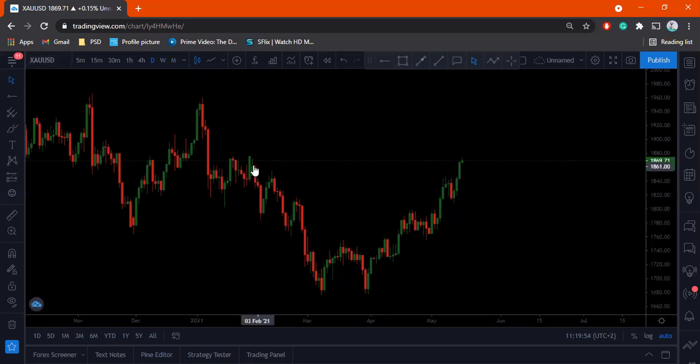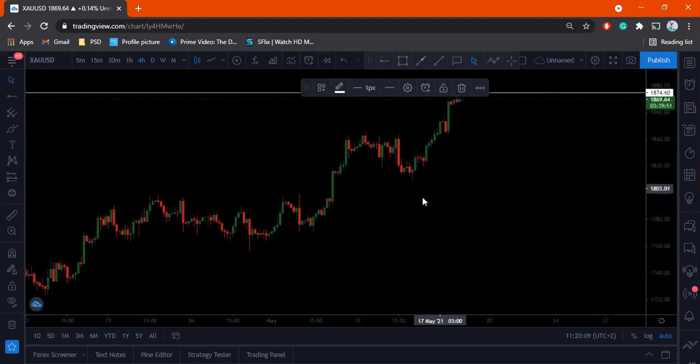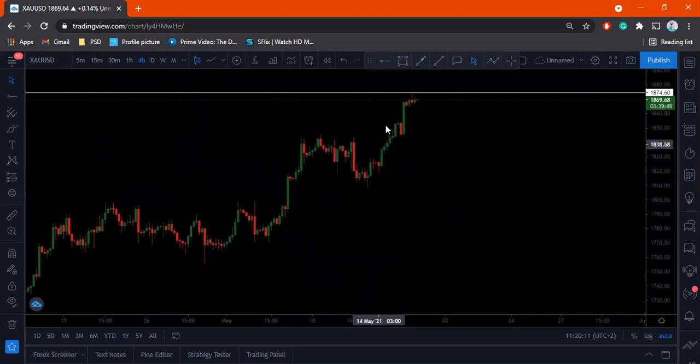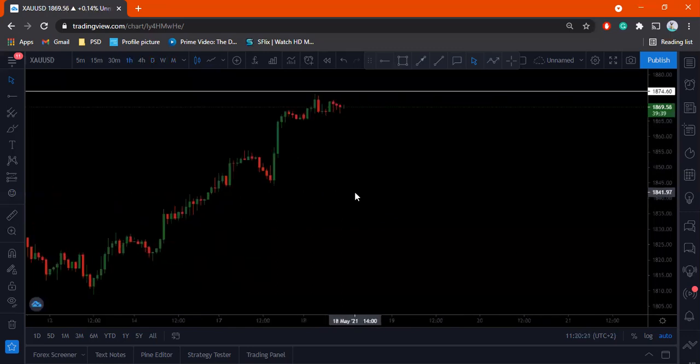Yeah, this area right here, there are weeks that we were looking out for around this area, right? And we were saying we want price to reach these weeks, and then from here we can sell, right? So it did reach those weeks, but you were supposed to be in the trade for this move up. Yesterday when we analyzed, price was at this area, and we were saying